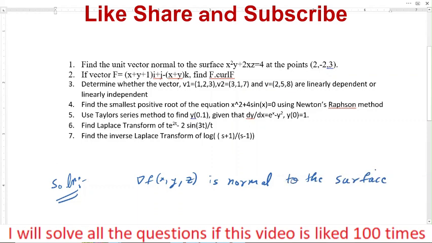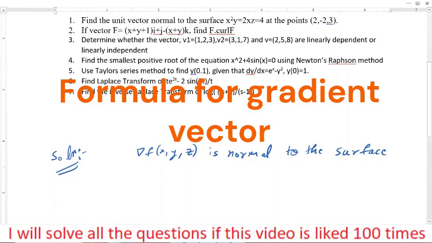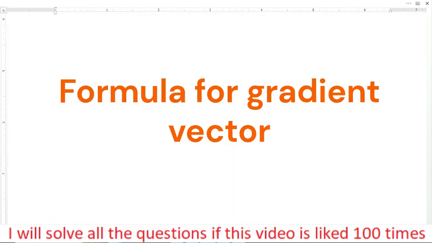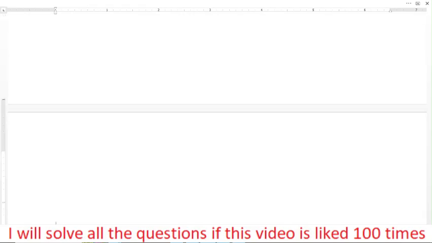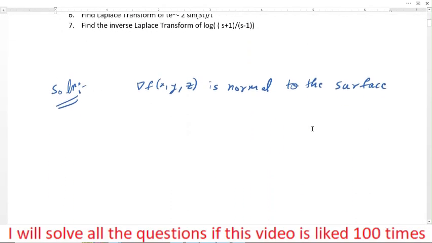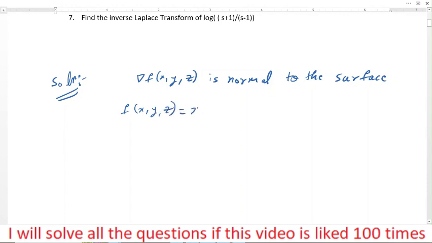We consider this as gradient vector, and let us take the function f of x, y, z is equal to x square y plus 2xz, and we'll substitute in this formula. Let us take this f of x, y, z be equal to x square y plus 2xz. We'll compute one by one